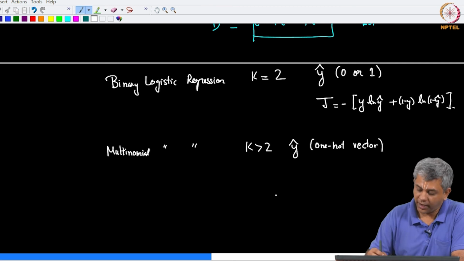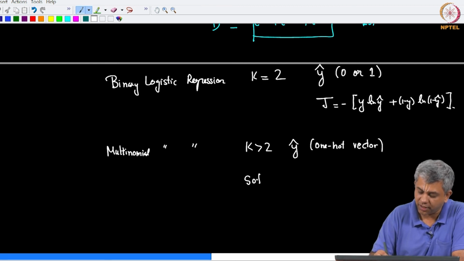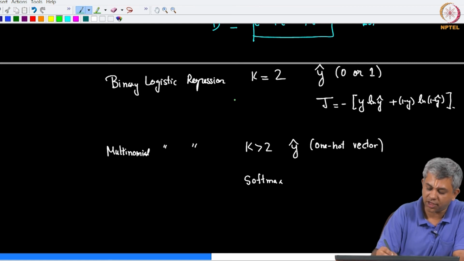And the non-linearity we use here is softmax. The non-linearity we used here was sigmoid.